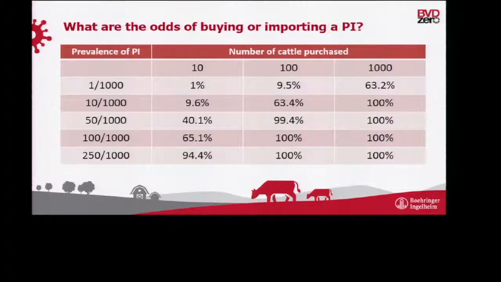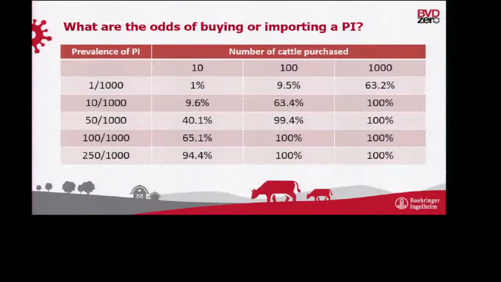But just to give you an indication of how that PI rate affects you, if we have a rate of less than 1%, so 1 in 1,000, if you bought 10 animals or imported 10 animals, you'd have a 1% chance. So roll the dice, that one's not so bad, but who only brings in 10 animals? If you have 100, well, you're up around 10%. You bring in 1,000 animals, which most countries will import in a year, and you're not testing, you have about a 60% chance. I would take a 60% chance of winning in Vegas, but I don't want a 60% chance of bringing a PI in.